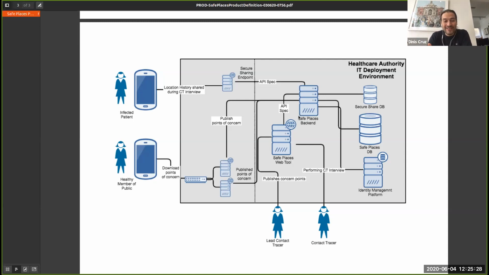So the Durham Castle example, we need to allow that individual to remove that from its data, right? And I think that's one of your principles, right? It's like you want to put the user in charge of what he shares. At the moment, the user discusses it with the contact tracer and explicitly consents to it at the end of the contact tracing interview. So there's like a process control.